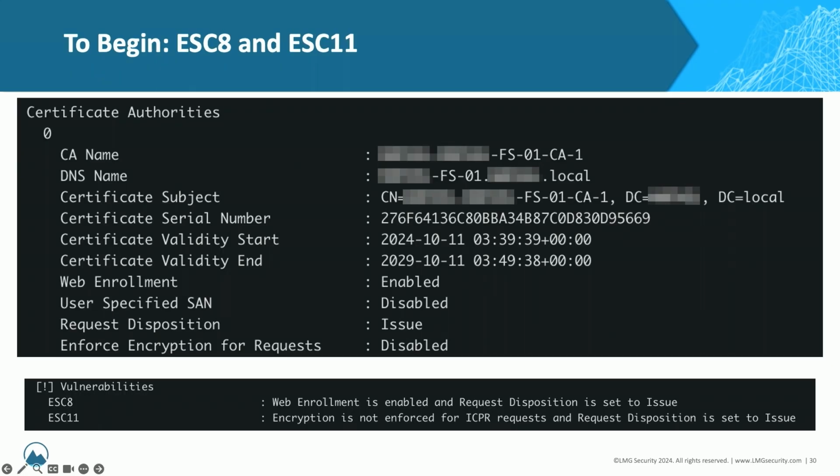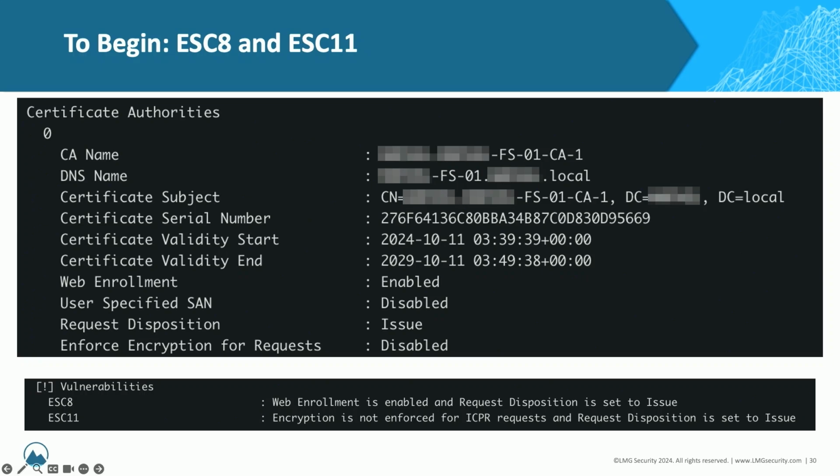The one we're going to start with is escalation 8. And technically, we're showcasing escalation 8 and escalation 11. The reason we bring this one up is because it's the one that makes the rest of these things function. And it is also one of the hardest ones to actually defend against, mainly because, as we'll talk about in the remediation steps, the way that you stop something like this from being possible is not really a great set of steps inside your network. It can cause serious problems. But yeah, Tom, you want to go over what we're